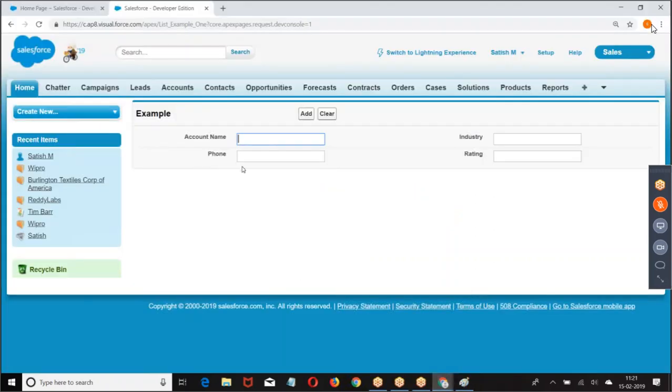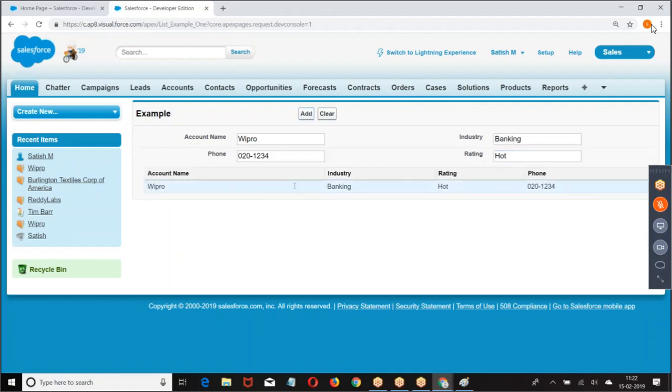So go back here. Now the block is lost. Then I'm entering the data here. Click on add. We're getting the data. But after entering the data, this should be removed, right? Otherwise, how can I enter the next record? I enter the data, and once this is added to the list, I have to remove it. Otherwise, I cannot add a new one.